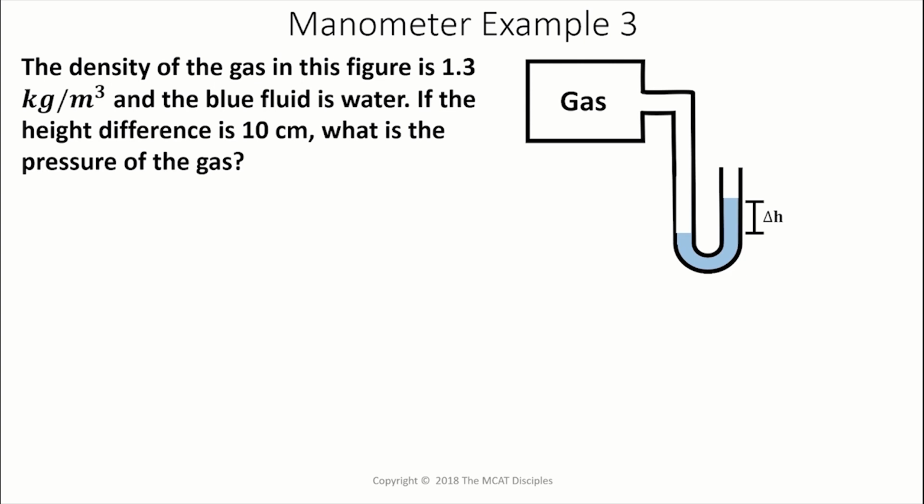So first off, just from intuition, knowledge of how things work, if the pressure of this gas is higher than the pressure of the atmosphere, which is out here, then it's going to push that fluid up here, so the height would be higher on this side and lower on this side. And if this atmospheric pressure was higher than the gas pressure, then it'd be pushing inward, right? You just know that just from your understanding.